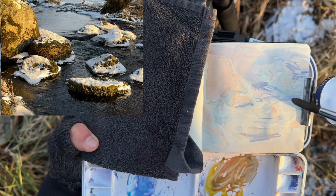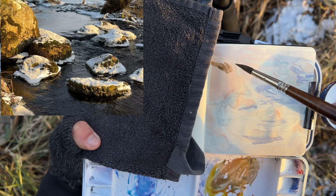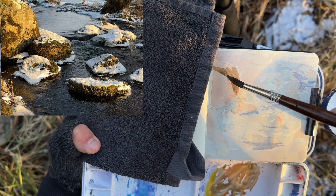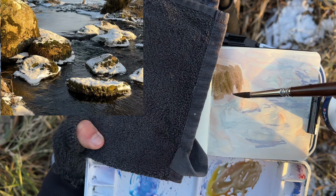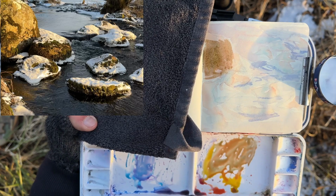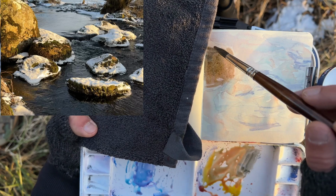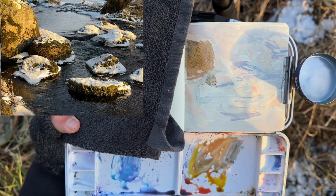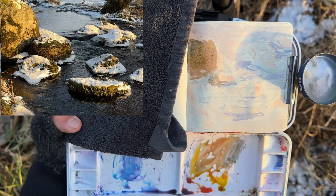Now I'm mixing the color for the rocks, and I think that today I just kind of understood color in a different way because I felt so connected to what I was painting somehow. Somehow everything was kind of coming into place. Of course, the color accuracy is not perfect, but at least I was able to make a bit better color decisions. At least I felt that something was clicking in my head, so I just charged on